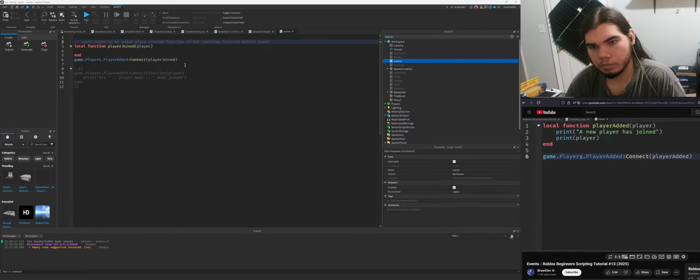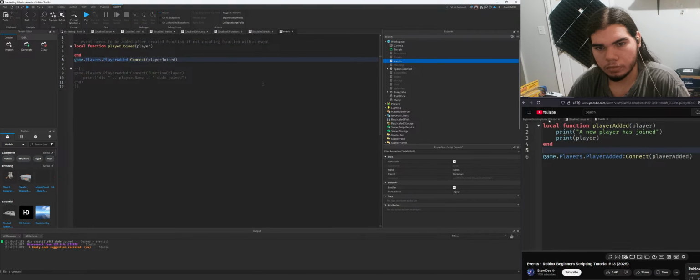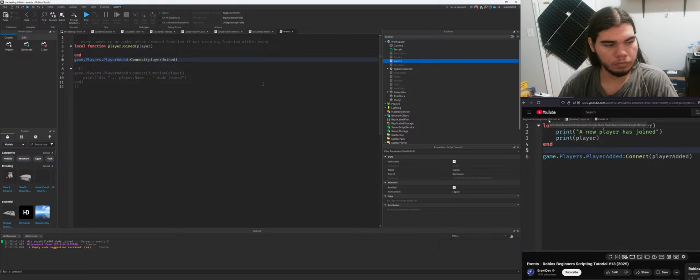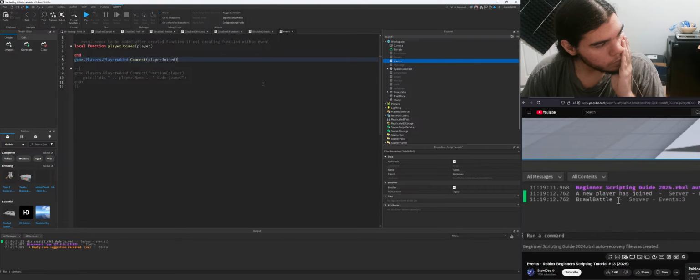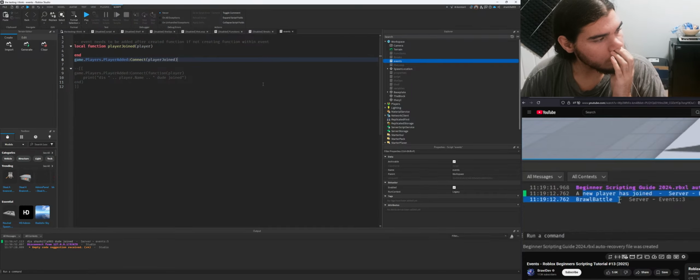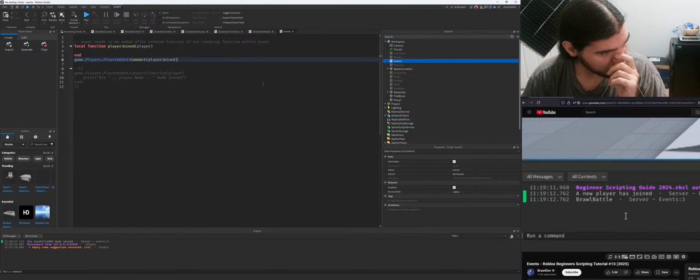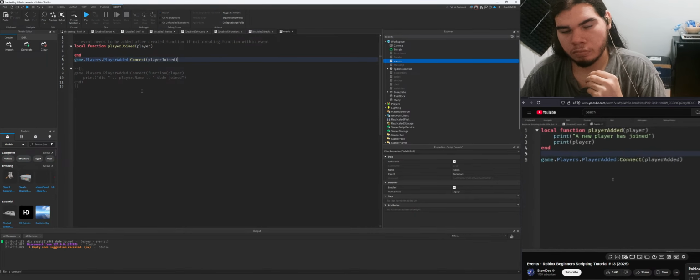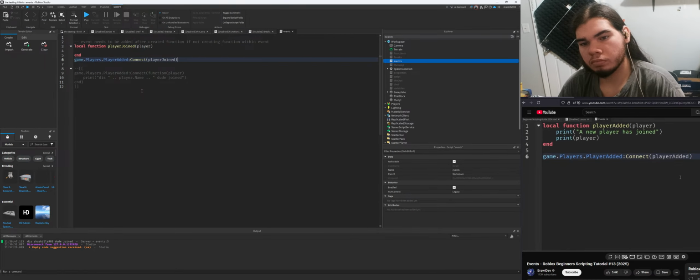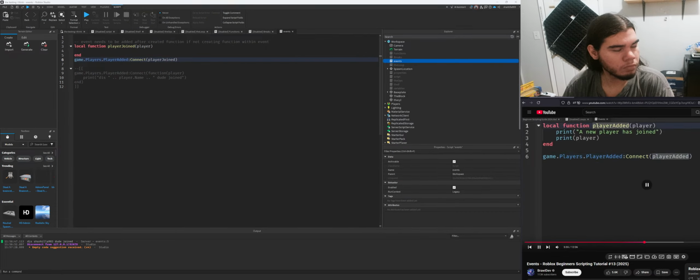There is another way we can write events and how we attach a function to these events when they get triggered. So if we go into the game and hit play, then it should basically say the exact same thing, saying a new player has joined, and it also printed out my username right down here. So that is basically how we write events inside of our scripts, and that is how we use the